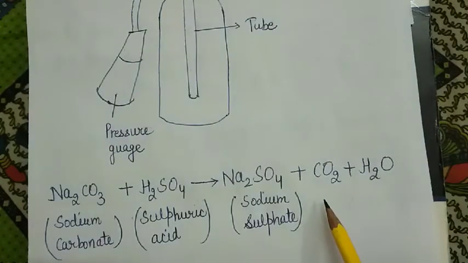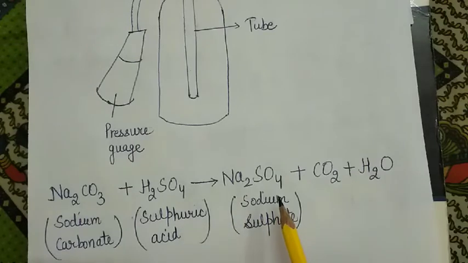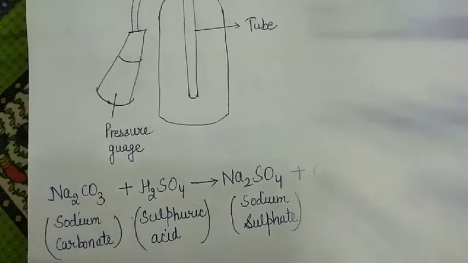So this is the reaction. Sodium carbonate reacts with sulfuric acid and forms sodium sulfate plus carbon dioxide and water. The carbon dioxide gas coming out from the nozzle is directed at the fire to extinguish it. Carbon dioxide, being heavier than air, settles on the fire, cuts off the supply of air, does not support combustion and extinguishes the fire. Now we are going to discuss some other uses of acids.